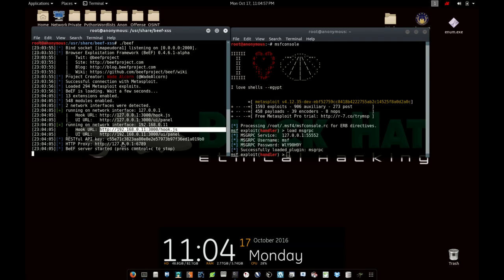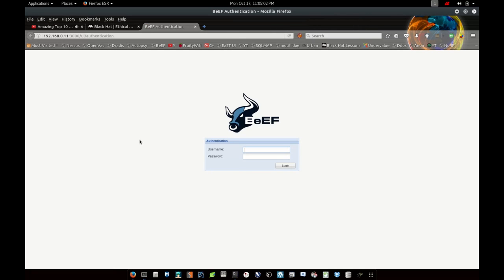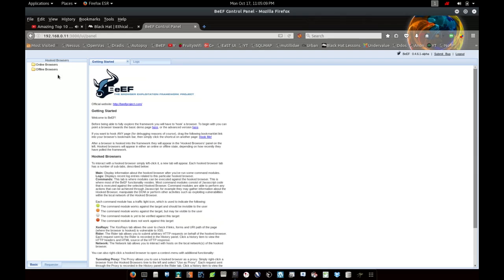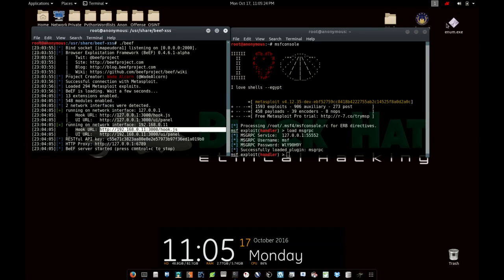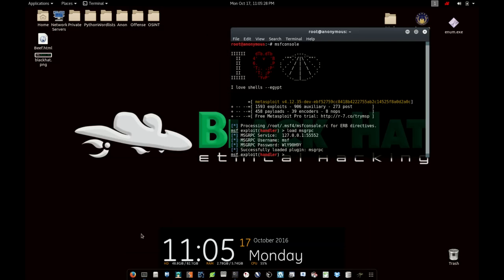So this is the UI panel. You open that, log in with the defaults, beef, and there you go. Once you're in the framework, you see online and offline browsers. So you wait for the guy to click, and then you operate everything from here. Today I'm also going to show you how to embed this into an image and in HTML. So what you do is,